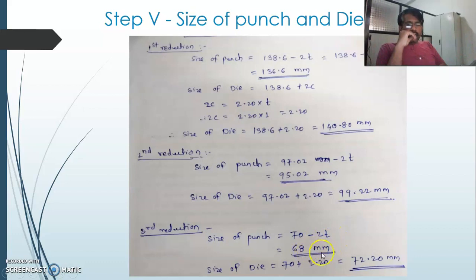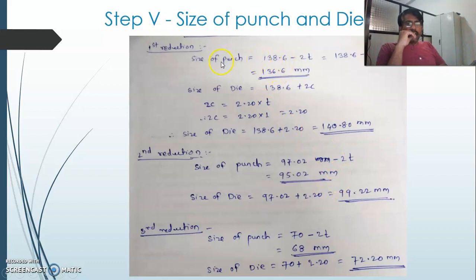So the size of the punch in this case becomes 68 mm, and the size of the die will be 70 plus 2.20 mm, so 72.20 mm will be the size of the die. This way you have to write how many reductions will be required. For those reductions you have to calculate the size of the punch and the size of the die with